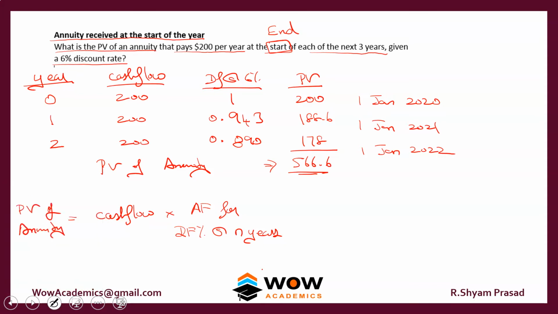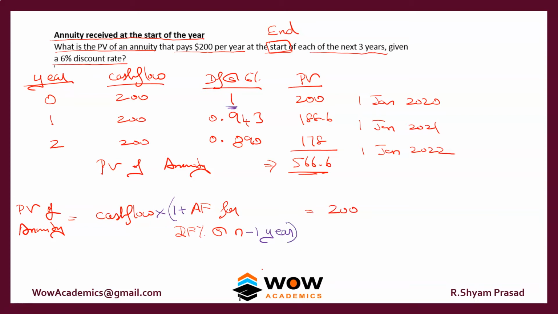So how does the formula change? The formula works like this. This is multiplied by 1 plus, because the 1 that you are using here is taken here. So 1 plus the annuity factor for a discount rate of 6% at n years. If you put n, then it becomes 1, 2, 3 years. 1 has already been added here. So how can we take the 3 years discount factor? We have to take only the 2 years discount factor. So we'll change the formula a little bit. The formula is n minus 1 year.